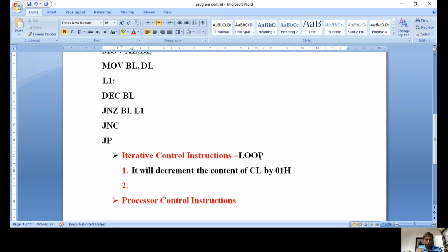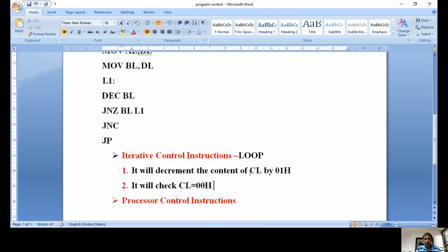The other function, in addition to the first, is that the LOOP instruction will check whether the CL register value is 00H or not. So the LOOP instruction checks only the count register, that is CL for 8-bit, or CX for 16-bit.